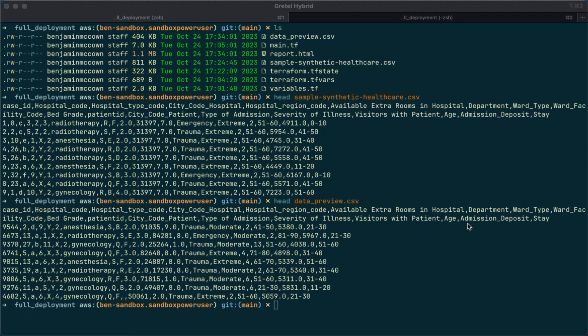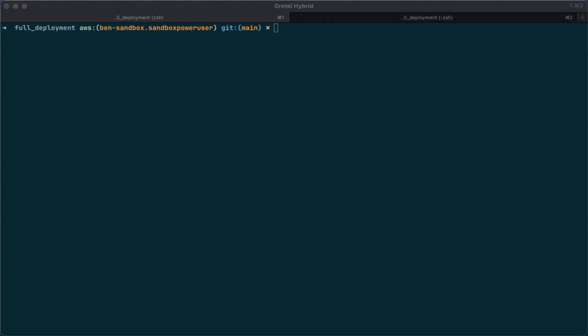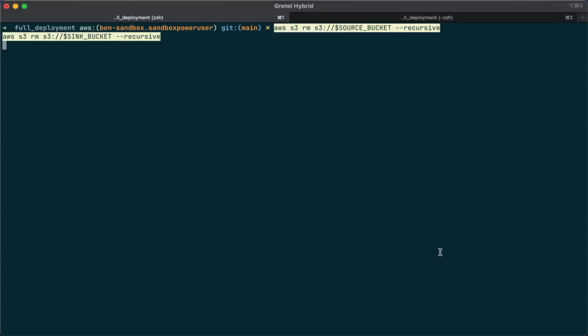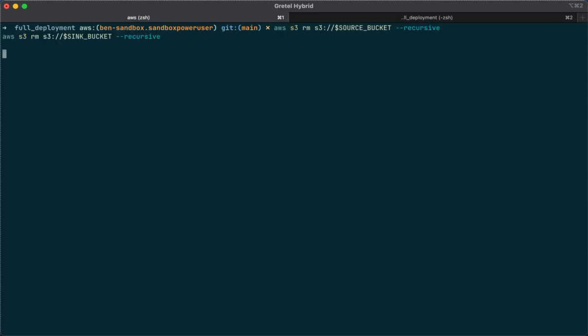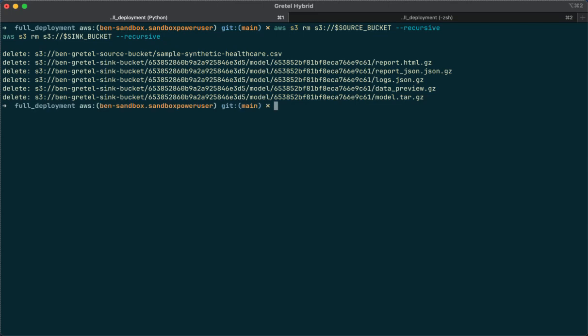So to destroy our resources, Terraform makes it extremely simple. The first thing we want to do is clean up our S3 buckets, because bucket deletion will fail if the buckets have objects present in them. So I'm going to go ahead and use the AWS CLI to clean these buckets up. We're going to use the AWS S3 rm command with the recursive flag to delete all objects present in both